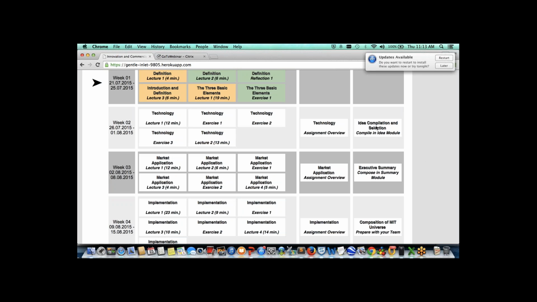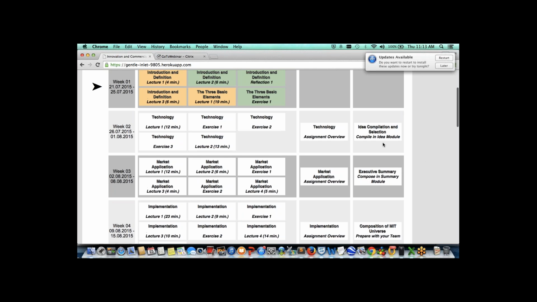In this part, if you can see my cursor where it says idea compilation and selection, there will be a part where you can edit these 3 ideas in a few short paragraphs. It'll be such that only one person at a time can edit it. If you're editing one idea, the others can't edit that, but as soon as you're done editing, others can edit it. So you can do this dynamically,